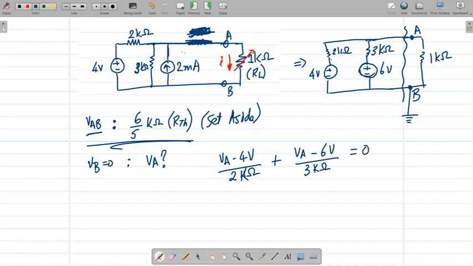This is the nodal analysis, right? I'm assuming A is the node. So A could be, this whole line is the same potential, right? It's all uniform potential. So A could be anywhere over here.